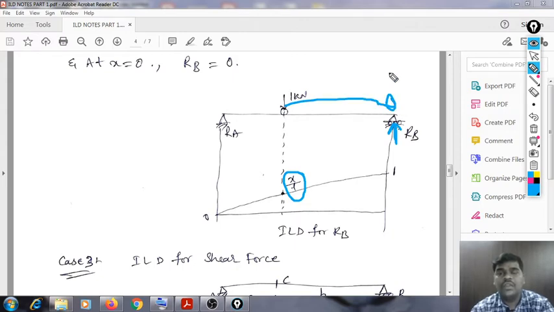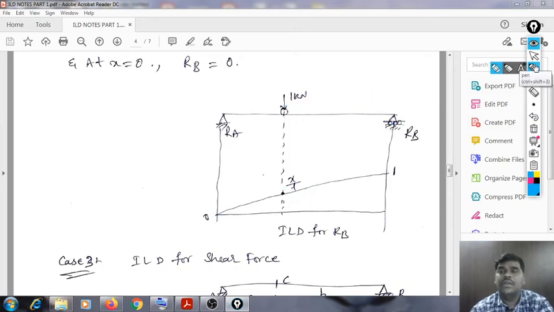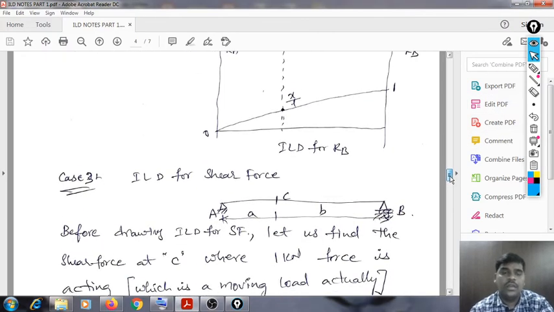If the same 1 kilonewton load is here, we can say that the magnitude will be 1 here, and in the same manner, if it stands at reaction A, what happens? RB doesn't play any role at A, so it has 0 here. That is the simple case. This is how a concept is to be studied for influence lines. That is the reason very small problems are taught first.